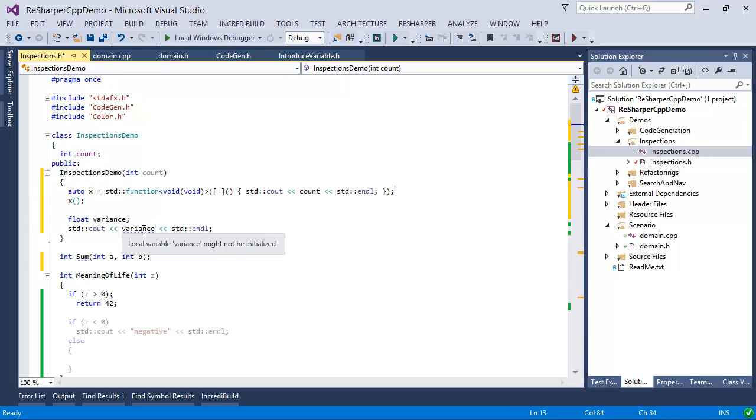Here we have another problem. We're using a variable that might not have been initialized. And what we can do once again is press Alt Enter and initialize the variable with a suitable default value. Here we have a function which doesn't have an actual implementation, so let's press Alt Enter